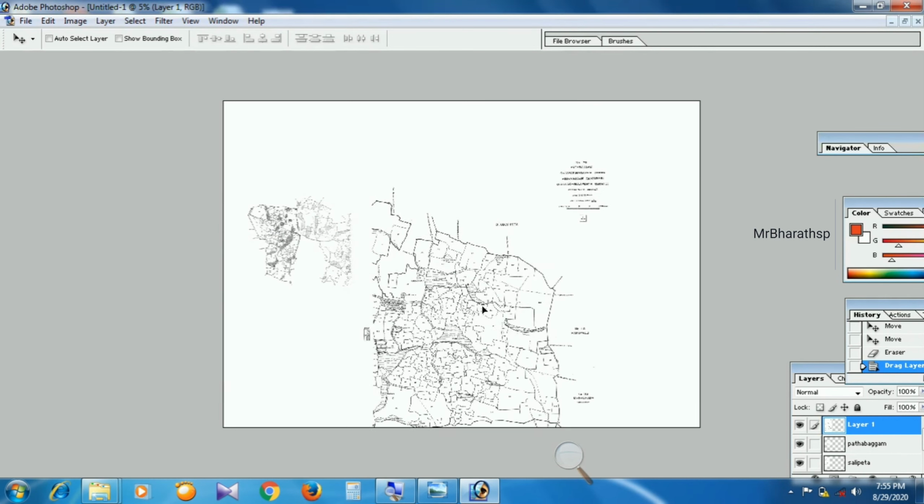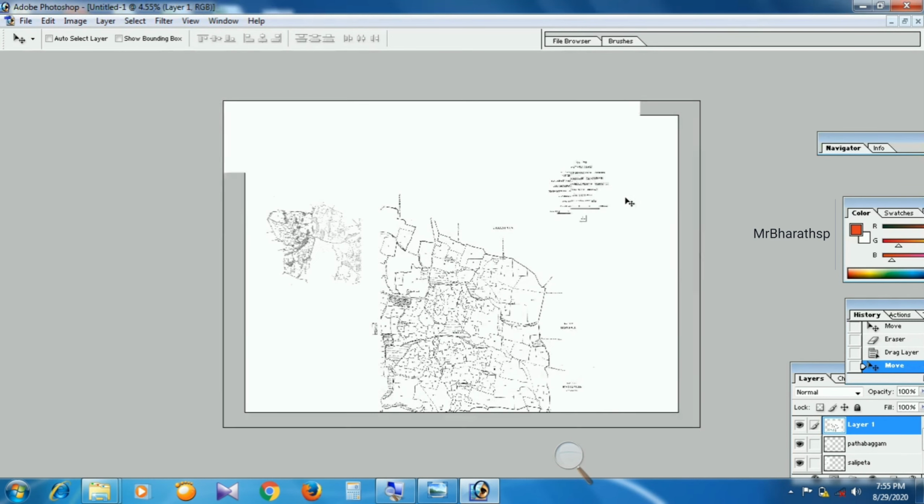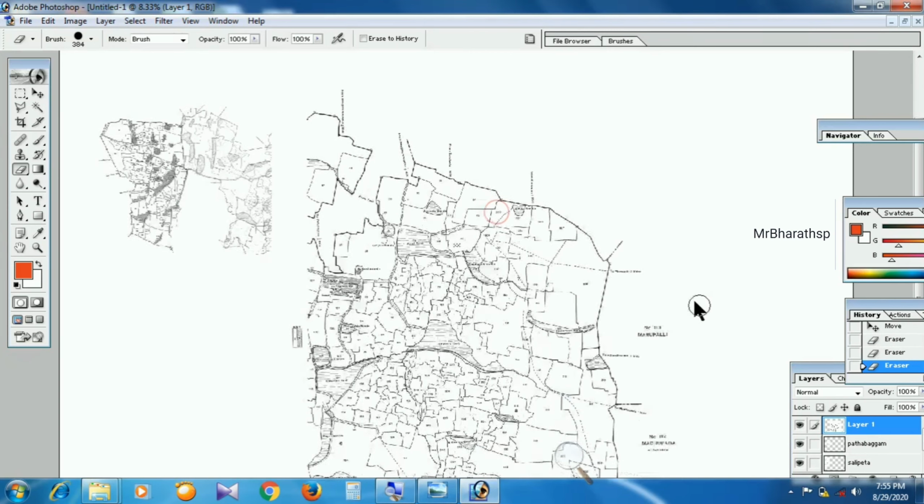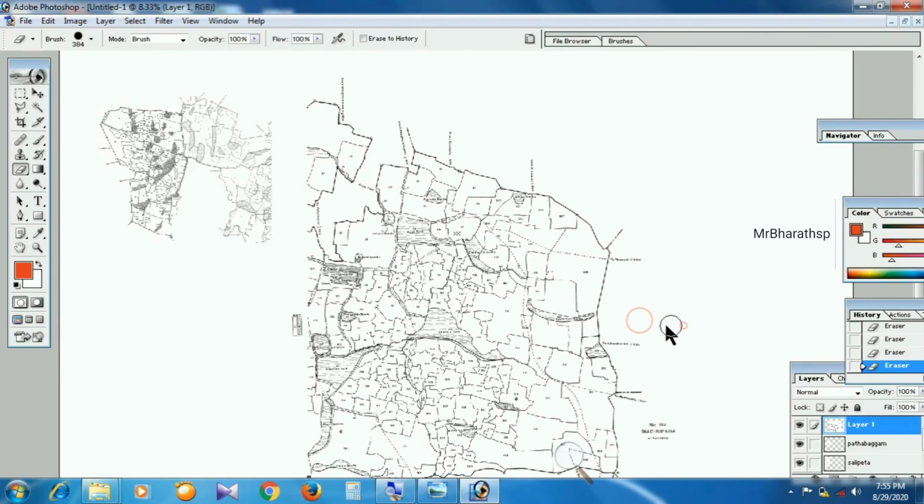Now let us drag it aside. There are labels, we should remove them. Remove them using the brush tool over here. Remember, you have to press Ctrl plus to zoom in and Ctrl minus to zoom out.